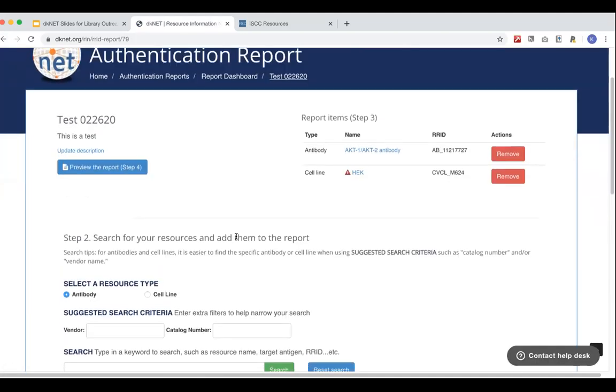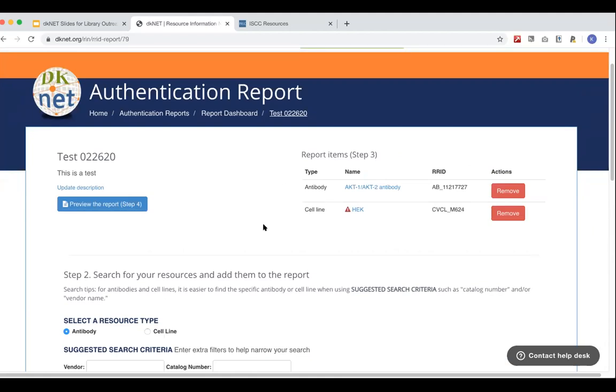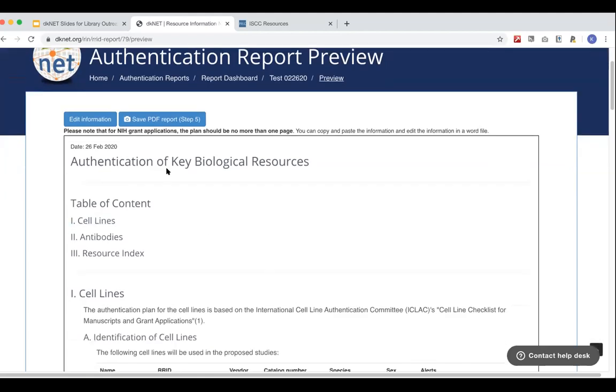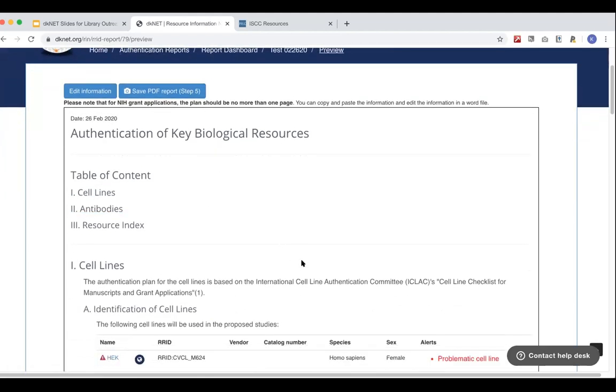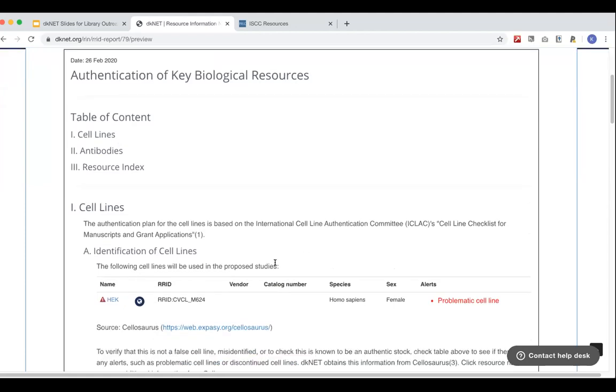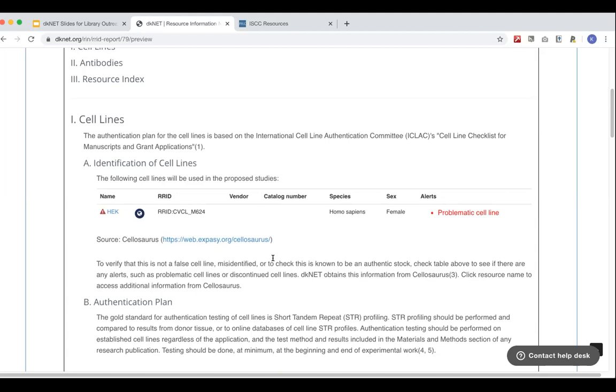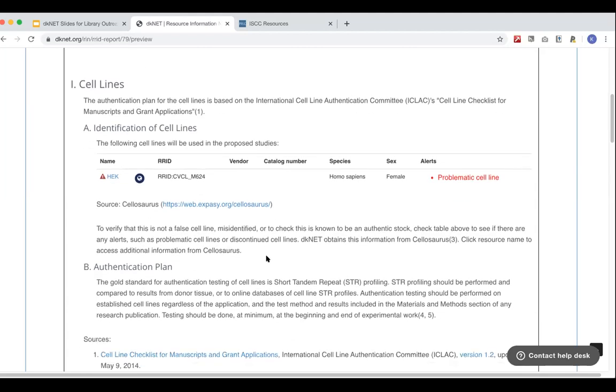Okay. So if researchers have already added all their resource items in their report, now they can preview their authentication report. By clicking preview the authentication report, here it shows you what this report looks like. Researchers can use and copy the language for their proposal submission.